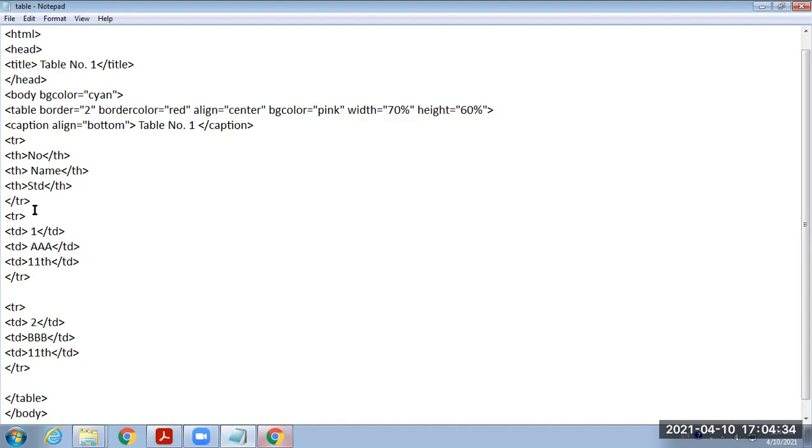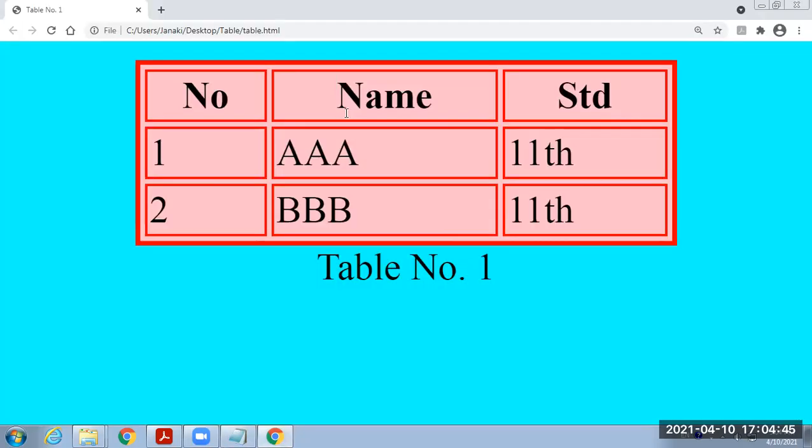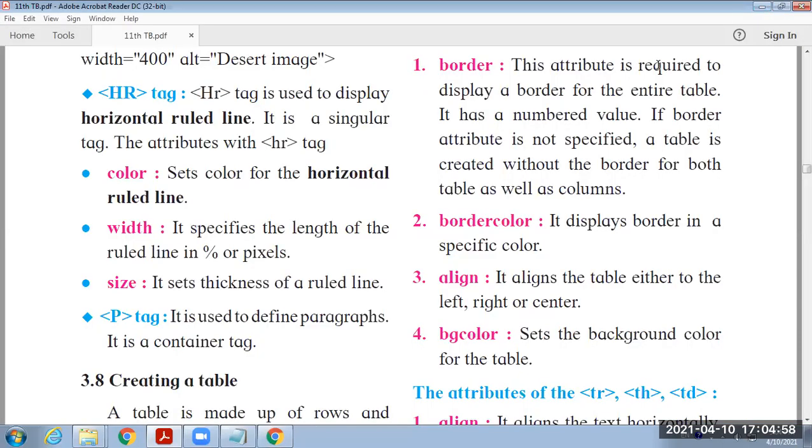Now we can provide different effects also, just like border color, or we have provided the BG color to the complete table. We can provide it to the different cells also. Also, we can display the picture as a background instead of this background color.